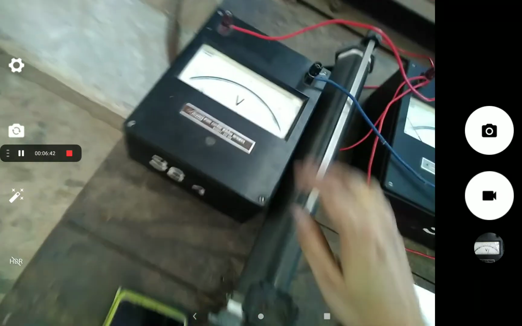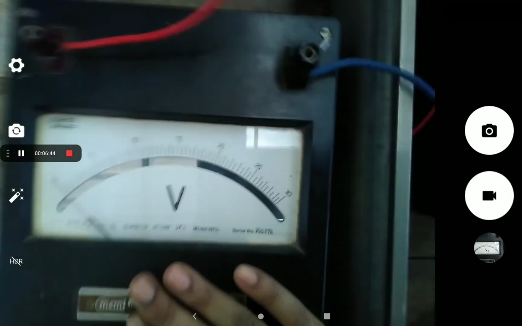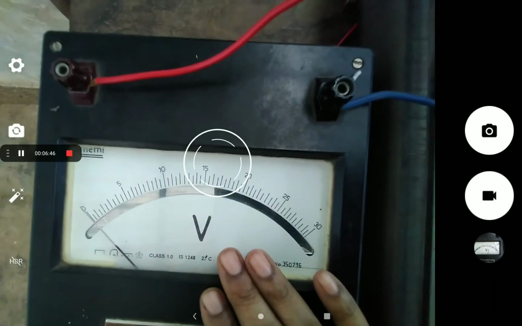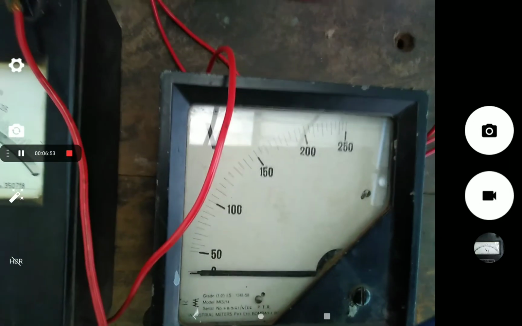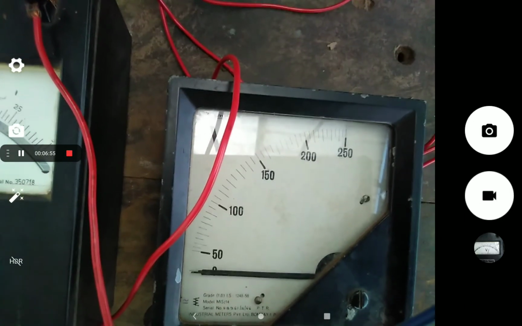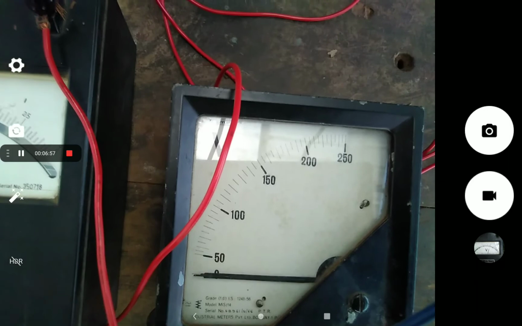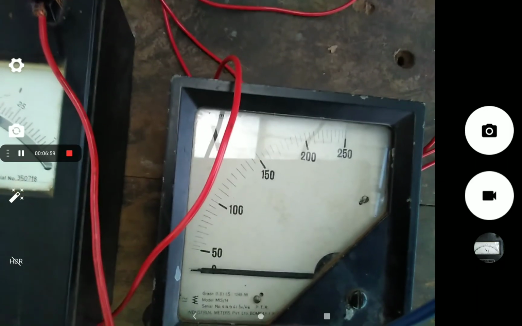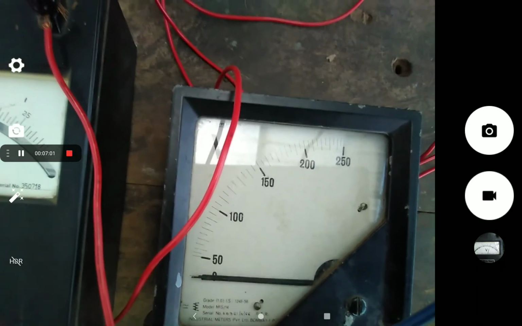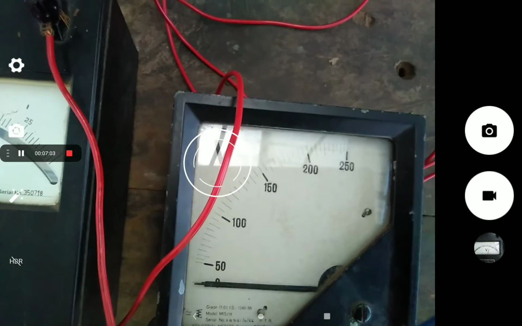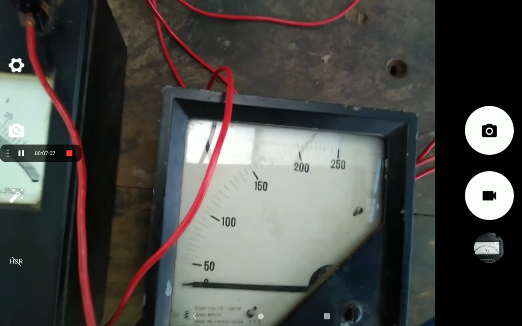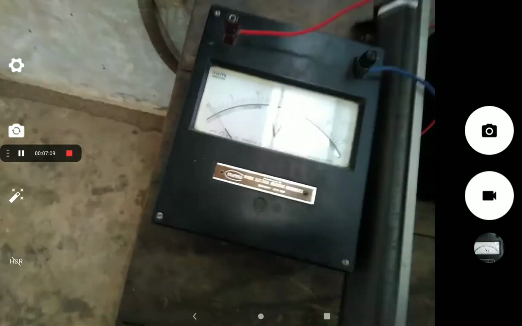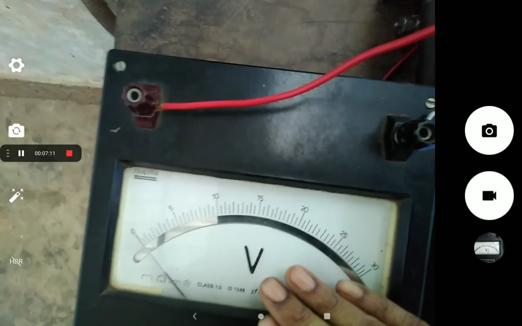Okay, and this voltmeter is used to measure just residual voltage. You can see here a 0 to 250 volt voltmeter. We need this voltmeter for conducting the experiment because we have to increase our voltage up to 220. But from 0 to 50 we cannot get an accurate reading here. So for that we are using an extra voltmeter to measure the residual voltage.